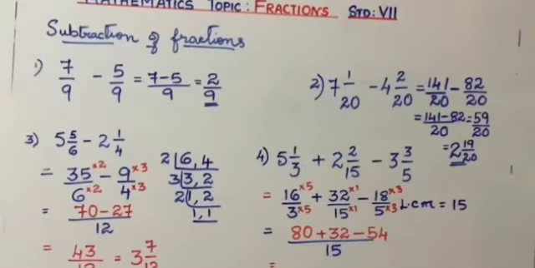Like I said, children, you can do as directed. That is, these are directed numbers. So 80 plus 32 minus 54. Please work it out and tell me the answer. Write the answer in your books. Yes, it is